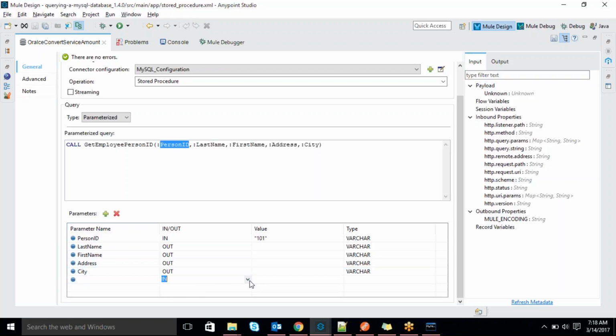In this case, we have to tell which type of parameter it is. Either it's an in parameter, meaning it's receiving from the database, or else sending, meaning sending to the procedure or else receiving from the procedure. We have to tell that actually. Either it's an in parameter or else out parameter or else in out both. So it will take the data and then it will send the data. That time also the parameter is included. So that is the thing: in parameter, out parameter, in out parameter.